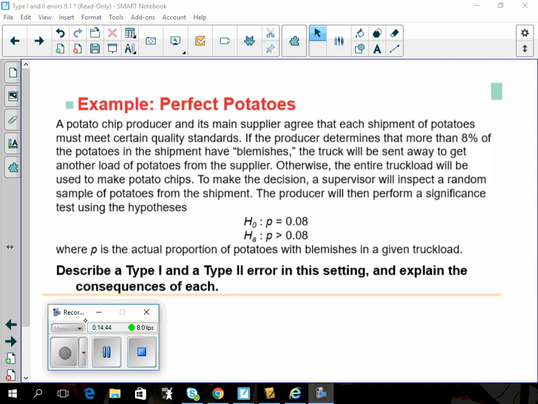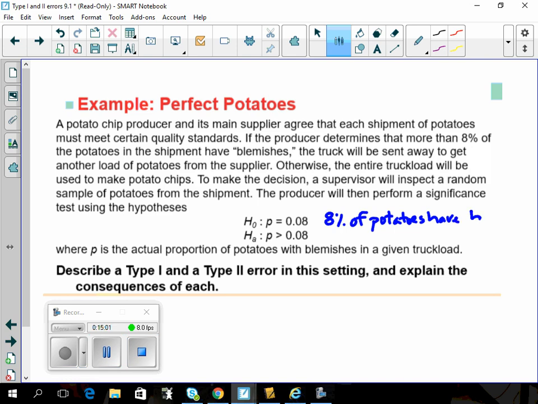The potatoes will be sent back. So do we understand the difference in the two hypotheses? Let's write them in context, okay? So let's actually try this. So this is going to be 8% of potatoes